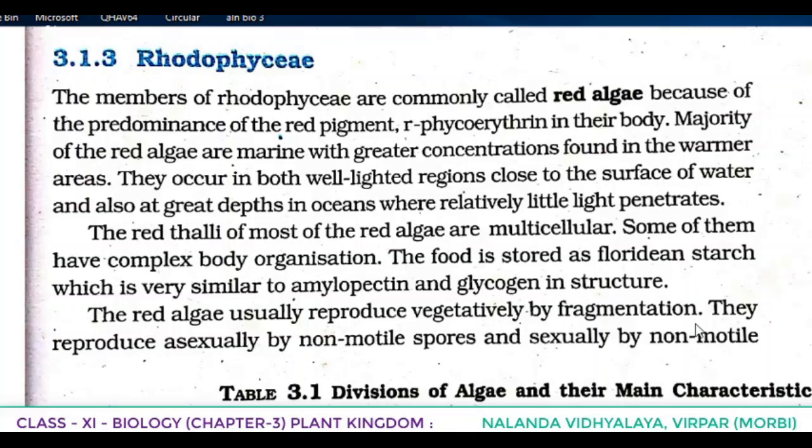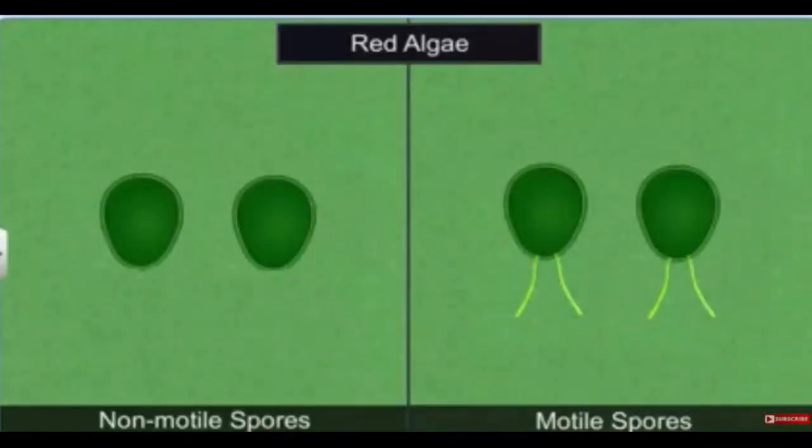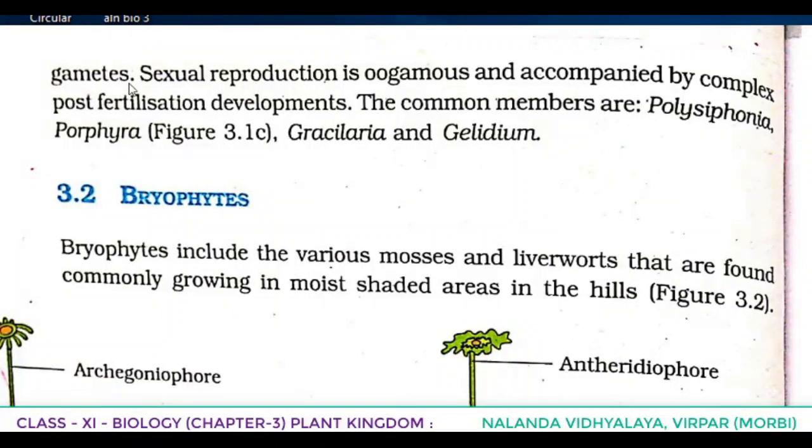So here the red algae usually reproduce vegetatively by fragmentation. They reproduce asexually by non-motile spores and sexually by non-motile gametes. Once again, in the case of Rhodophyceae, they asexually reproduce by non-motile spores and sexually they reproduce by non-motile gametes. Sexual reproduction is oogamous and accompanied by complex